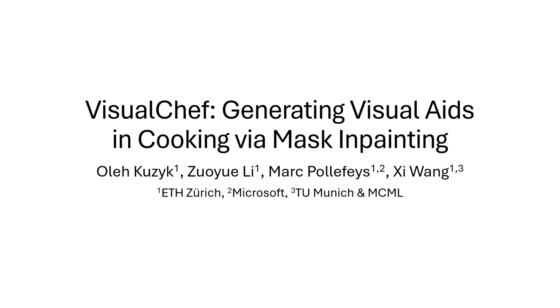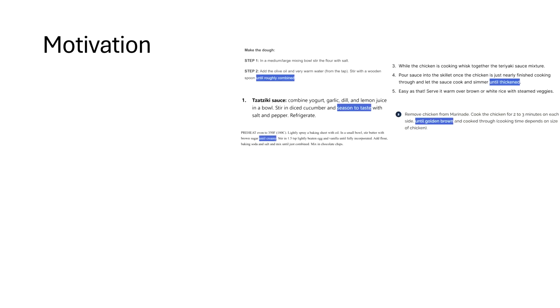We present VisualChef, a mask-based image inpainting model that generates visual aids in cooking scenarios. Cooking usually depends on following recipes step by step, but they often miss important details. Recipes often rely on ambiguous instructions like "cook until golden brown" or "season to taste," leaving home cooks guessing and